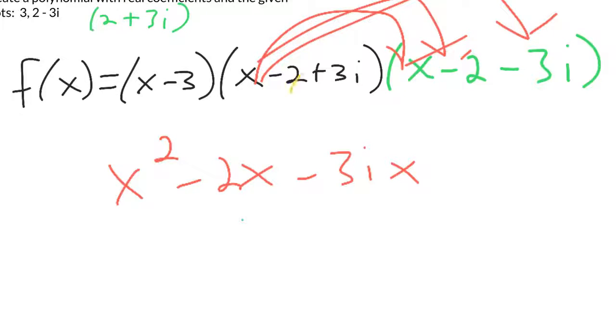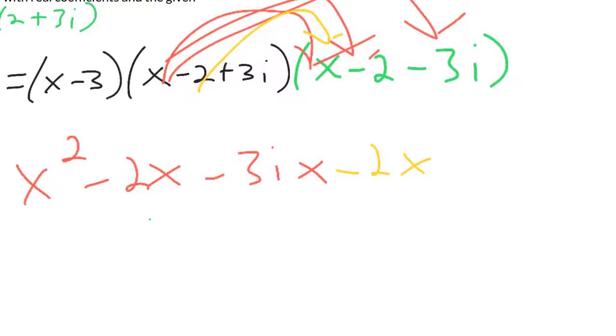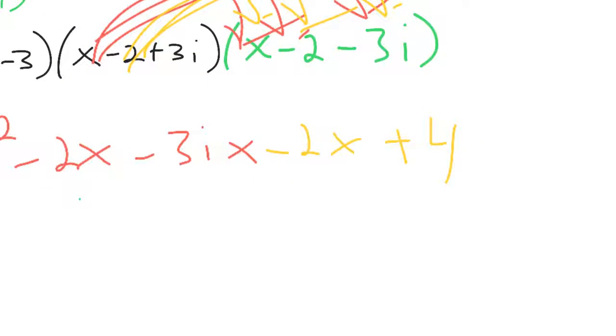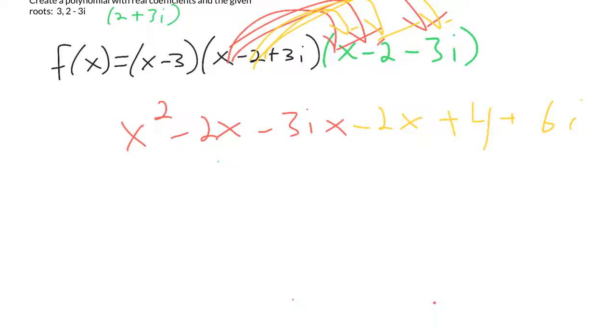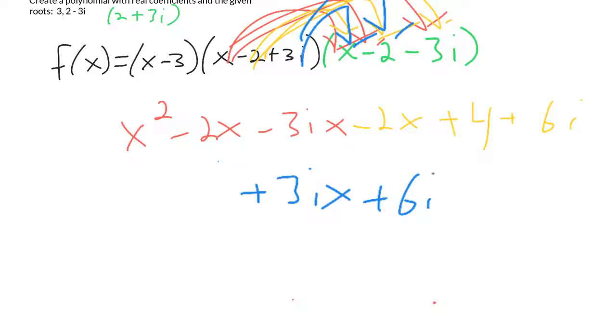For this next one, negative 2 times x gives us negative 2x. Oh, it's going to be a lot. Negative 2 times negative 2 gives us positive 4. And then we got negative 2 times negative 3i makes a positive 6i. Just so I don't lose track of everything, let's do the last one right below. We got 3i times x. That makes positive 3ix. We got 3i times negative 2. That makes positive 6ix. And we got 3i times negative 3i. That makes negative